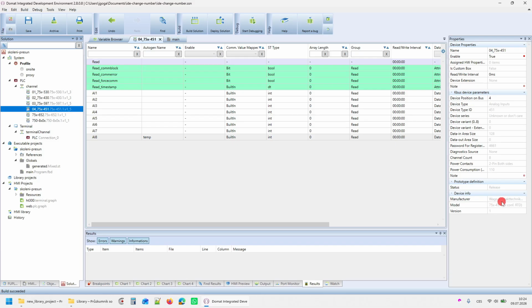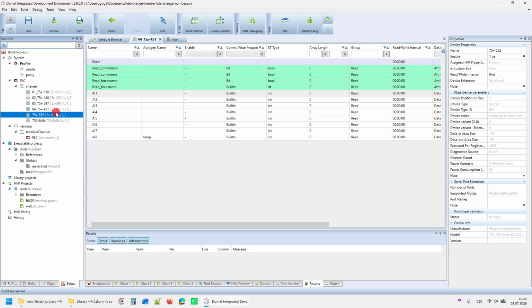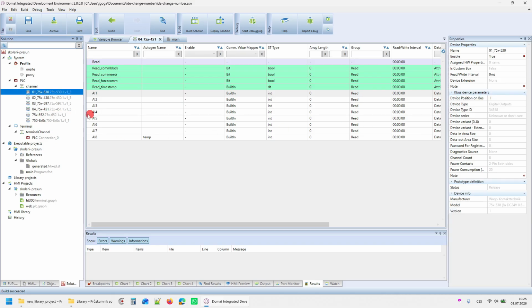As you can see here, the name is 04, which is position 4. So if I would import them again, that would change the name, and that way I would have to change all the inputs and outputs in the program. So if I don't want to do that, I can simply just change the position on the bus. So I will leave the position 1 here, and here I will change it to number 2,